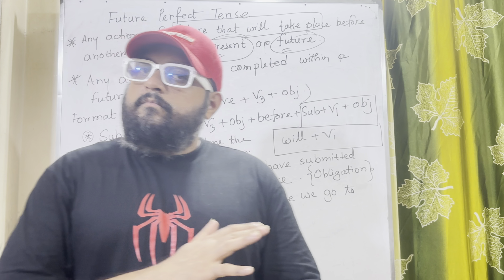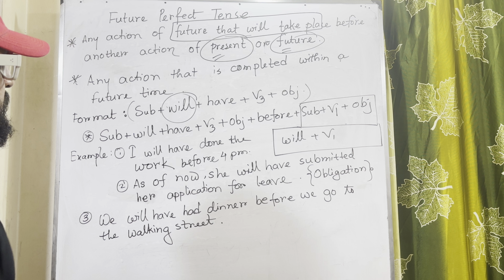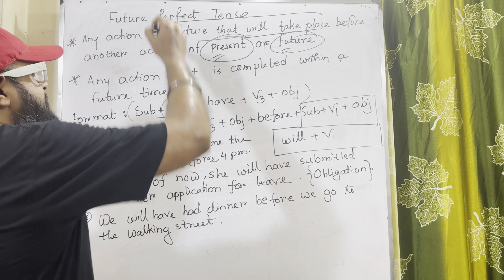Okay, so let's check out the format of the tense. We all know that we need the modal auxiliary will to produce future tense. This is not different from the other future tenses. Here we need to use the modal auxiliary will, but it's a type of perfect tense. So, like the other perfect tenses, here the verb will take the past participle form or V3 form, but this V3 needs a supporting auxiliary verb. And here, have, only have.